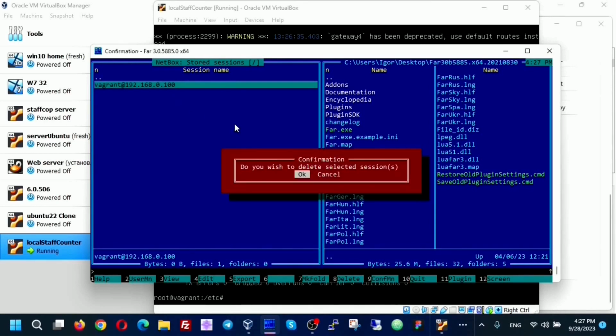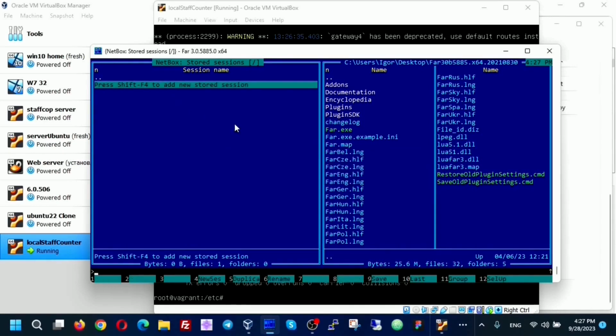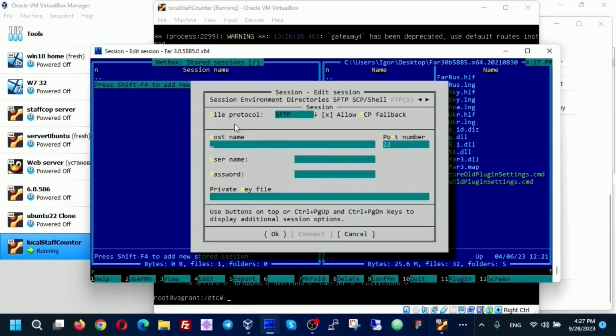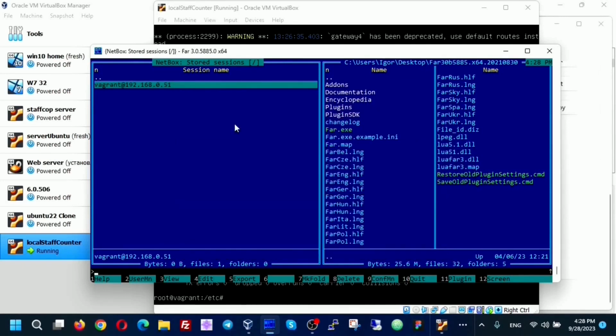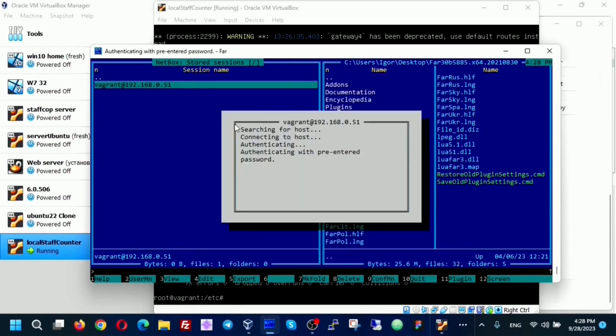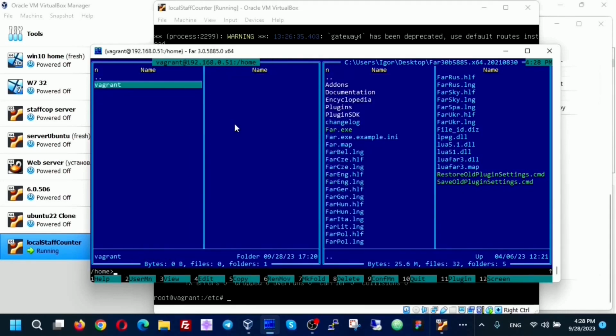Press F8 and click Shift F4 and create a new connection with a new IP address 192.168.0.51 and with the same credentials, Vagrant and Vagrant. OK. OK again. OK again, and now enter. Update. OK, I've connected the server using a new static IP address.